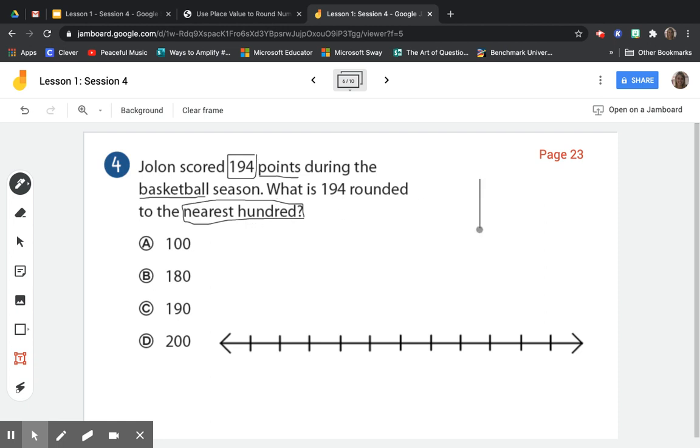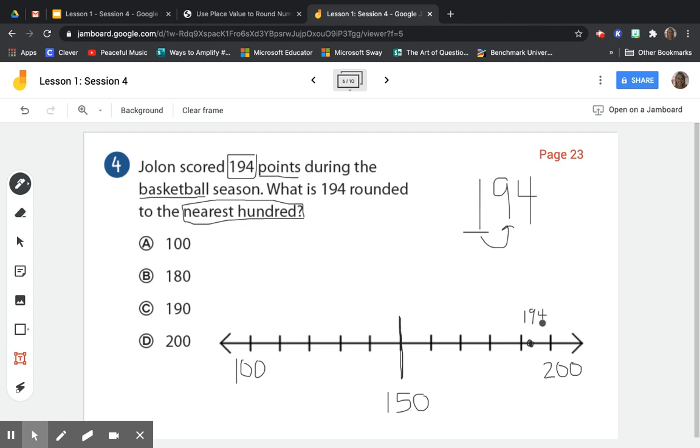So since we are looking at hundreds, here's my number, 194. I know I have 100. So my first side is going to be 100. My next side is going to be one more, which is 200. And right in the middle is going to be 150. Now, if I look at my tens, I can see where it goes on my number line. So 100, 110, 120, 130, 140, 150, 160, 170, 180, 190, 200. So I'm going to go all the way to 190, put it right here,